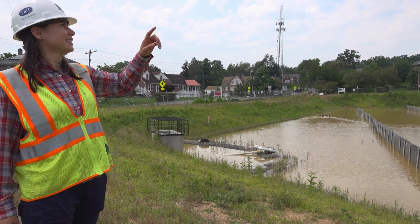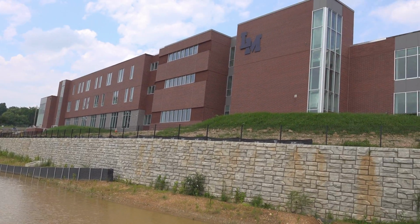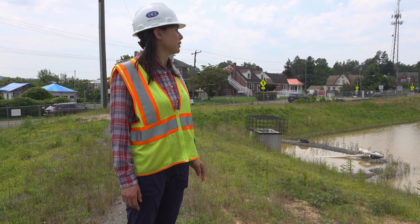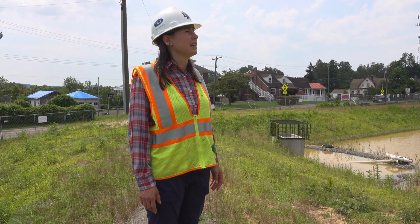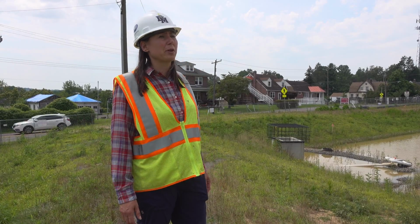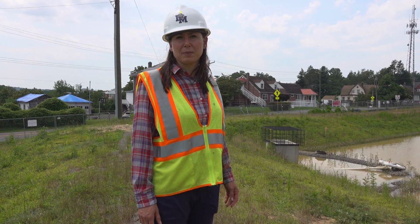And then up here, we're almost done with the outside of the building. As you mentioned, the LM sign is up now. Most of our lighting is up. They have a lot of the exterior speakers in. So I think what we're missing right now is the wireless access points for the outside, and there's a few speakers that still need to be put in, but for the most part we're pretty close on the exterior. And they started putting in the exterior doors as well this week,